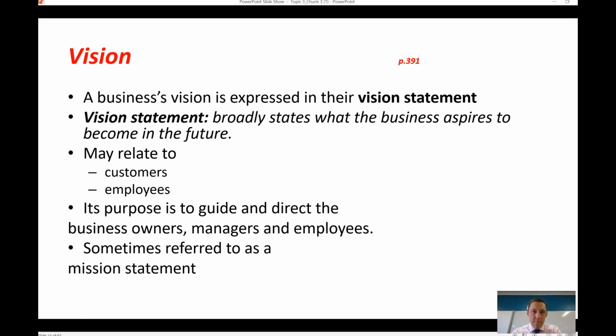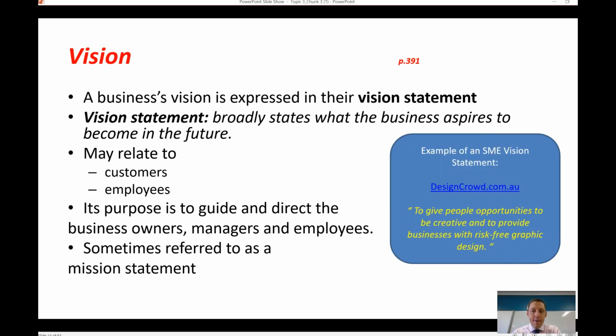It used to be commonly known as a mission statement, but the mission statement is really an old-fashioned term now, and it's more known as the vision statement. In class, we'll have a look at an example of a business called Design Crowd and what their vision statement is. But as you can see there, they publicise their vision statement, and theirs is to give people opportunities to be creative and to provide businesses with risk-free graphic design. So that's what they aspire to become, a place where people can be creative and give businesses the opportunity to undertake risk-free graphic design,